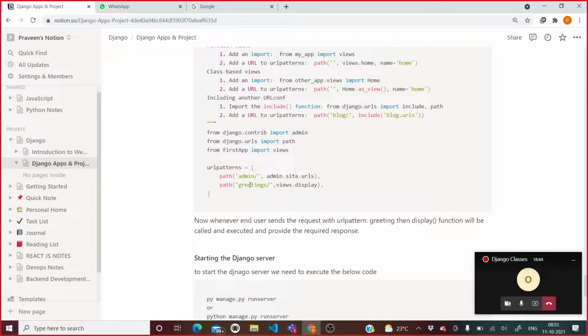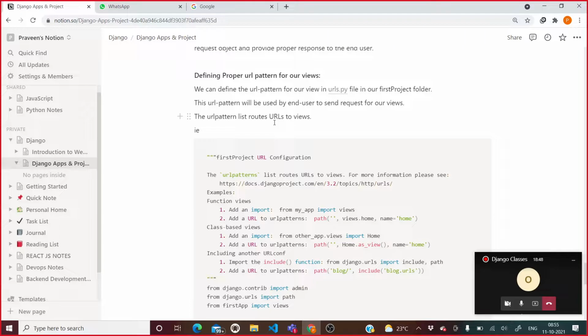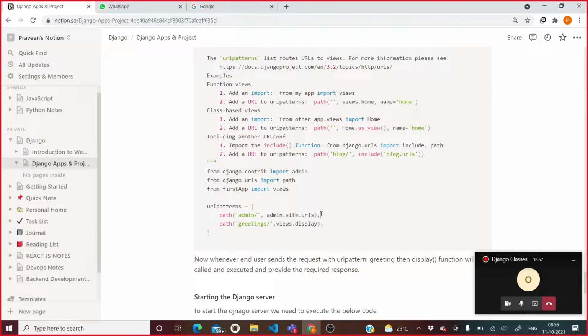So here I'm saying that at greetings, to define the URL pattern, you need to go in the project folder and access the urls.py file. In this urls.py file, a built-in path will be set up, that is admin.